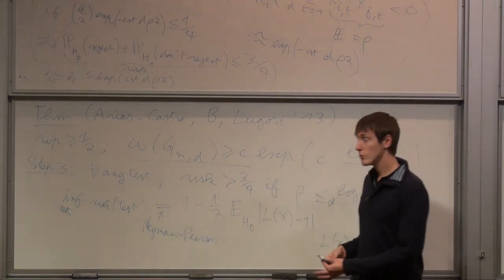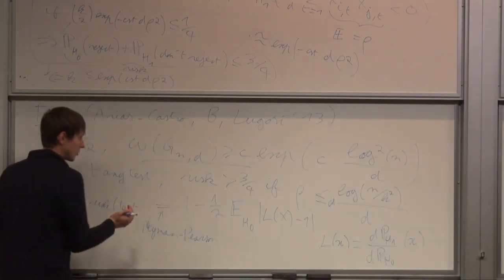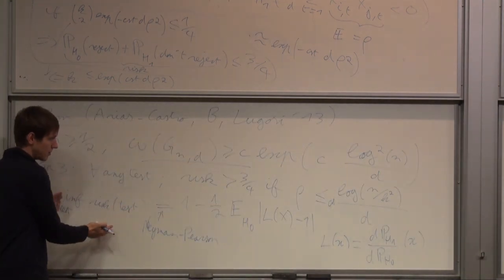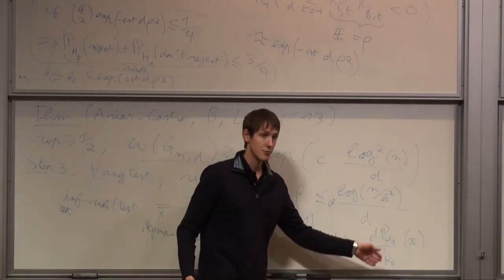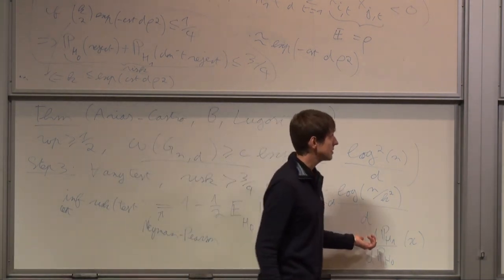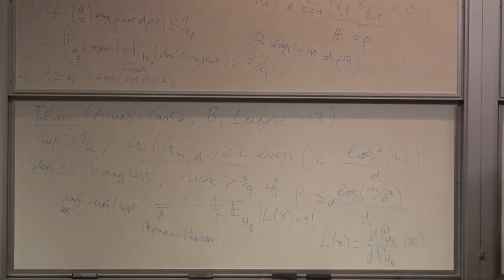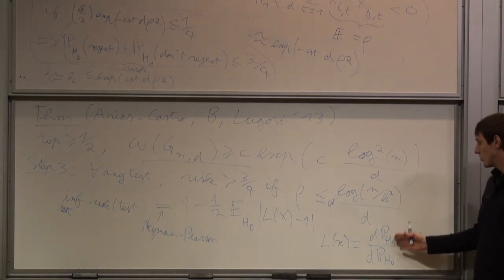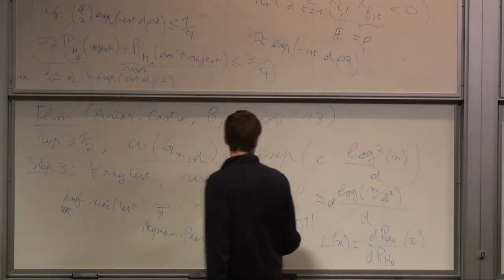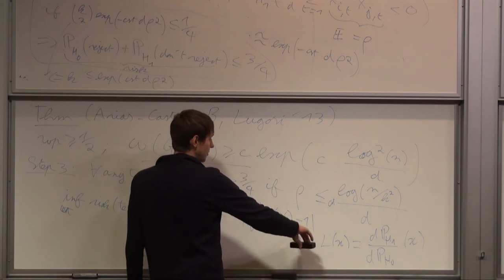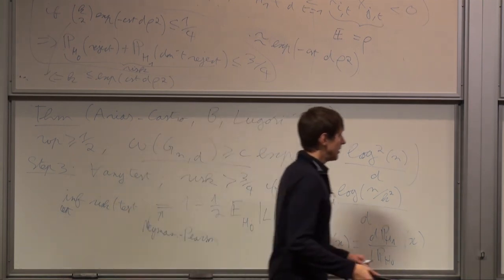So I moved from something which looks completely intractable to something that looks sort of doable. I just have to look at the densities, and I perfectly know what the densities are. I have these two big matrices, I know exactly what the densities are, I can write down the formula with very few characters. Now, it's still not so easy because you have this absolute value of L of x minus 1. So what you do